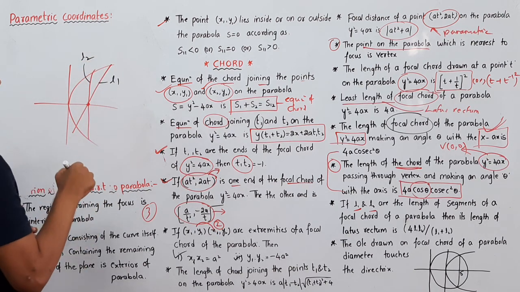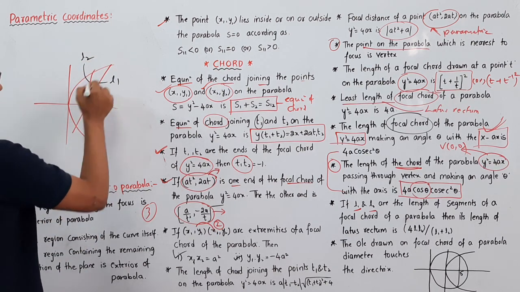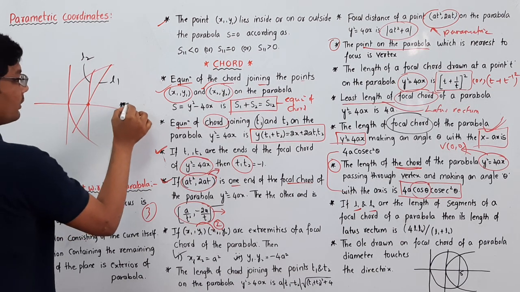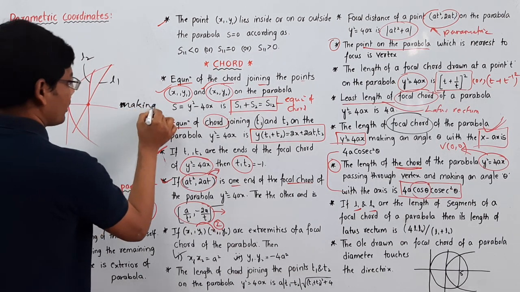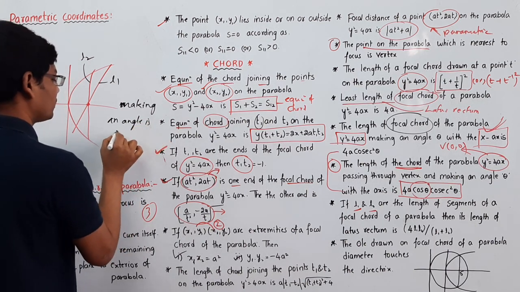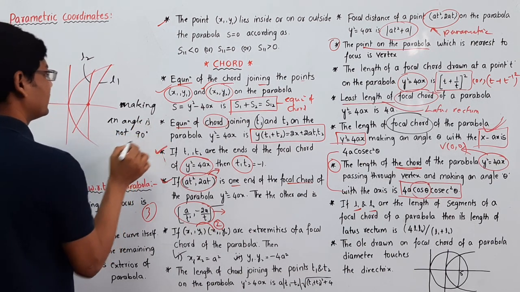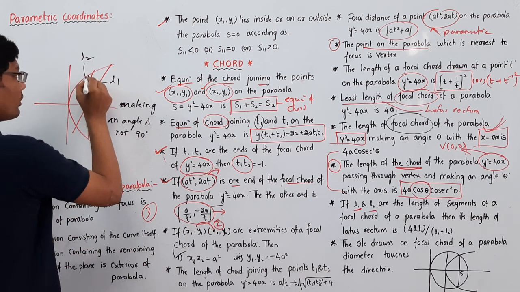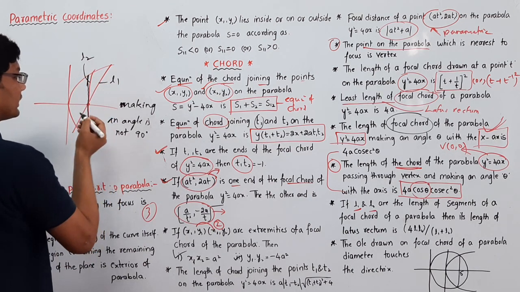These two lines make an angle that is not 90 degrees. Then if you want to find the length of the latus rectum...